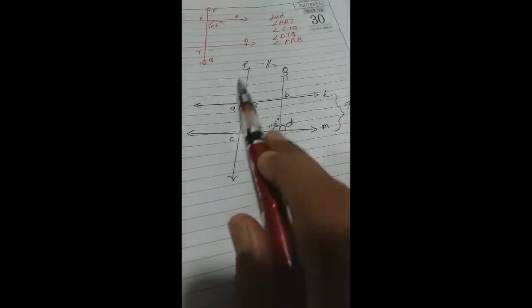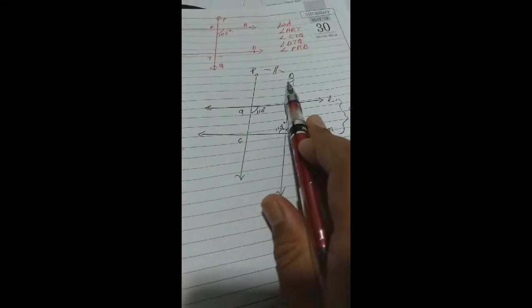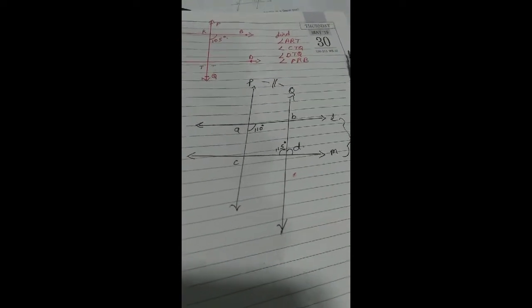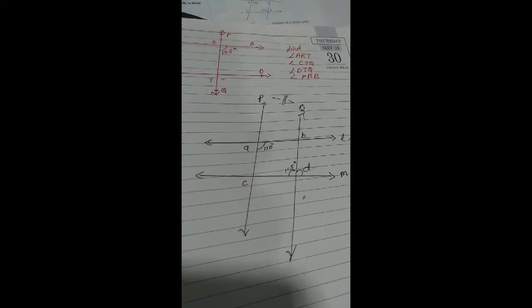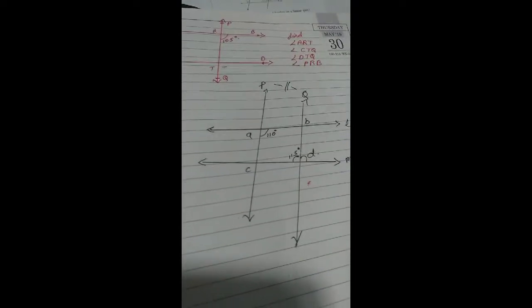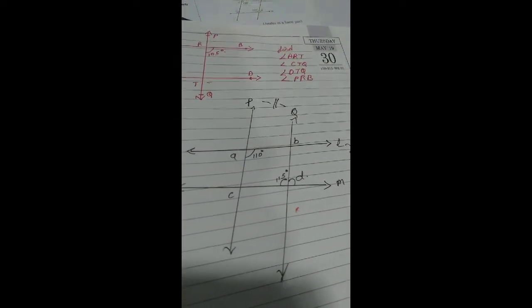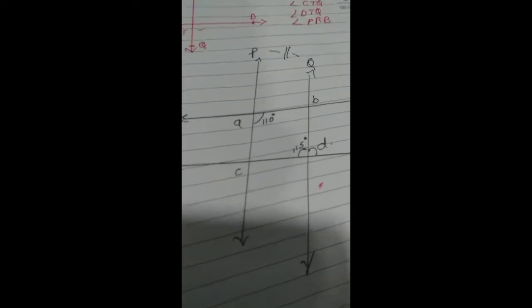Now we have P and Q, these two lines, and two transversals. From here we are dealing with a different kind of problem in 9th standard, where we have two parallel lines and two transversals. What did we do until now in 6th, 7th, 8th? Two lines and one transversal. Now we are dealing with two transversals. When you go to 10th standard, you will come across problems with three parallel lines and two transversals. We are going one level higher.